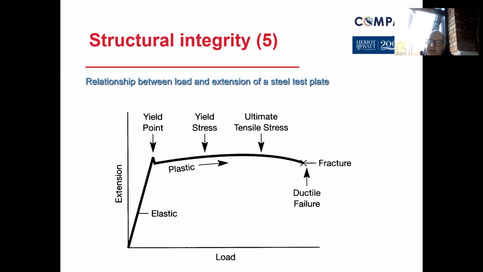However, it is a typical arc or shape that it responds to. First of all, it hits the yield point where you start to see the modification in the shape, and it will start to stretch. And that's known as the yield stress. It's more plastic in the way that metal responds, or steel responds under those loads. So what you see is it's stretching out. It's still intact as such, but it's stretching out and deforming. It goes from the yield stress to the ultimate tensile stress. And the ultimate tensile stress is where it starts to accelerate the speed at which it will fail. So it stretches faster and longer. So you visibly see that, and eventually it breaks.